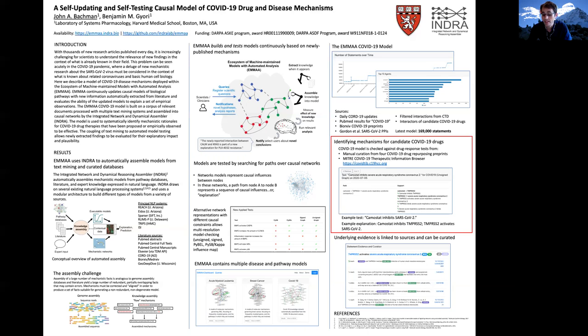Of course, text mining systems make mistakes, so the user can drill down into the sentence level information for any particular causal link in a path to review it, and if necessary, flag an extraction as incorrect. And these curations are propagated back into the system, and paths are updated with this new information as part of the daily cycle. So in conclusion, we built a system called EMMAA that uses text mining to extract new findings every day,